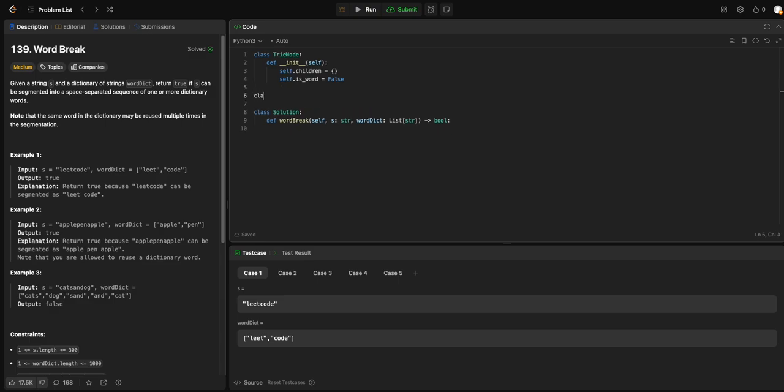Once we have implemented the Trie class, now we initialize self.root equal to TrieNode, right? I will start by defining a function for insert, which takes self and